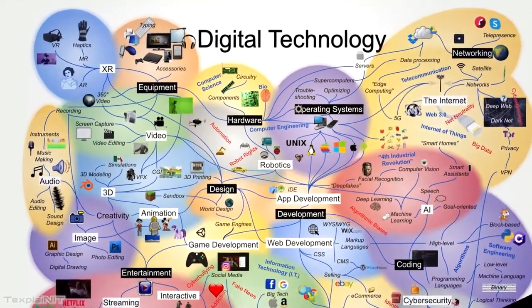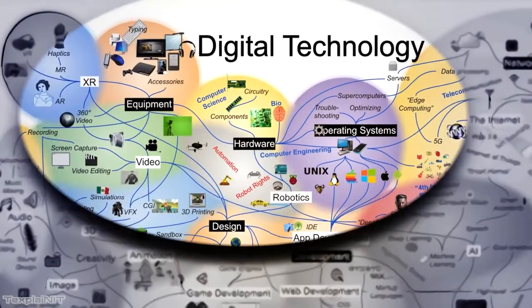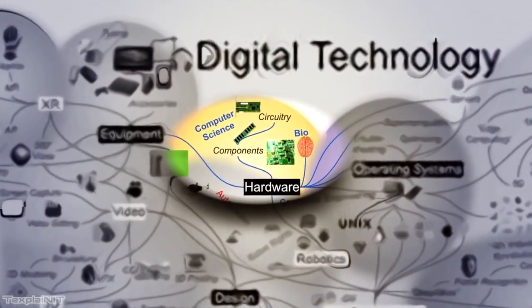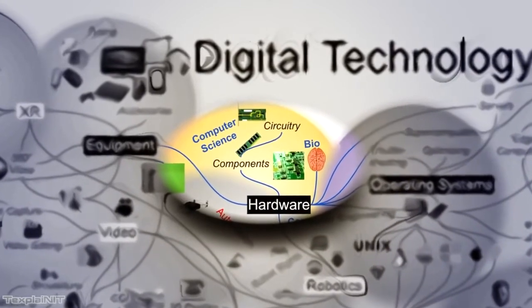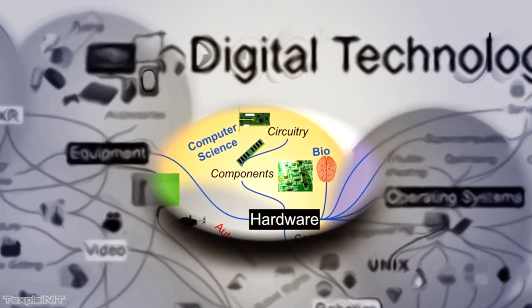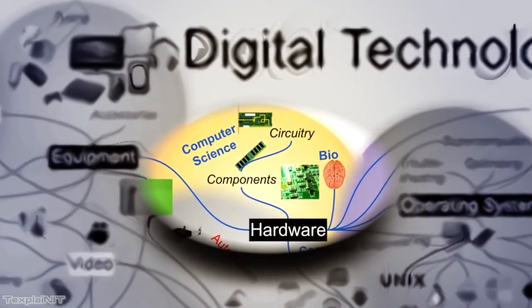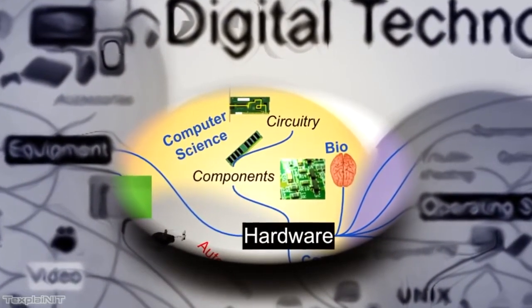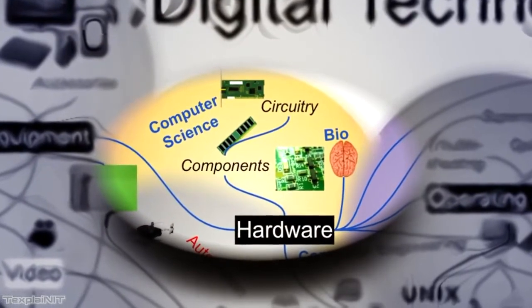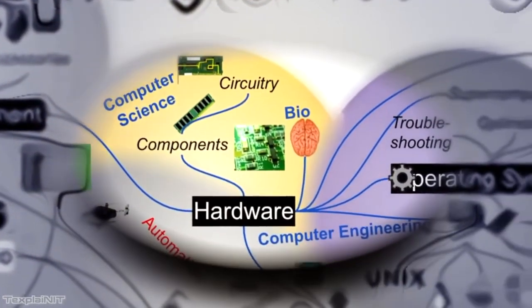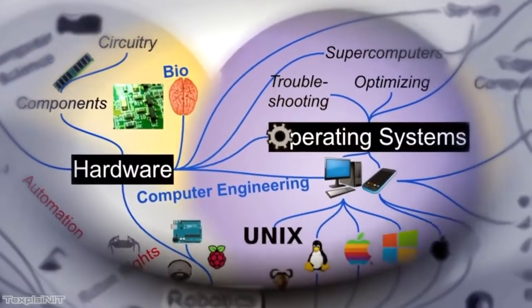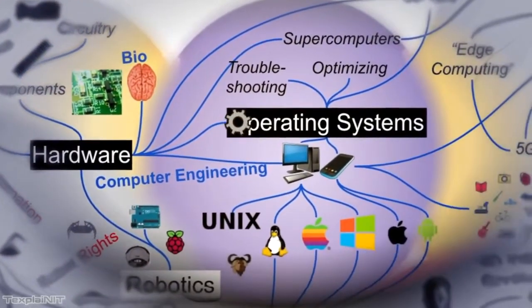So let's go ahead and we'll start right at hardware. The physical components of your digital device. The pieces you can touch and feel. It's the circuit boards and wiring inside your phone or inside your computer. Think of the graphics card, or if you're lucky enough, the liquid cooling system. All of that stuff is the hardware. Software, on the other hand, is the digital bits that first happen at the operating system level, which brings me